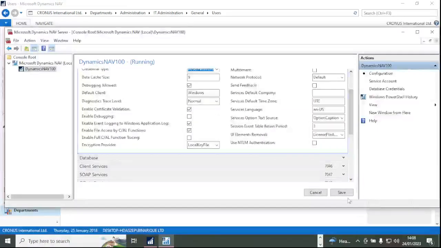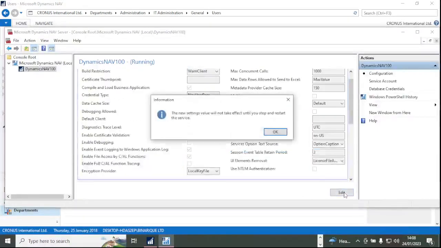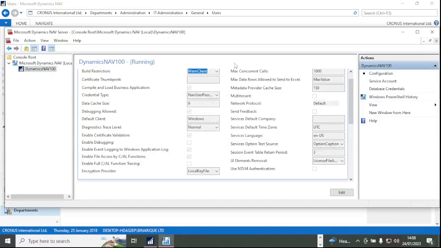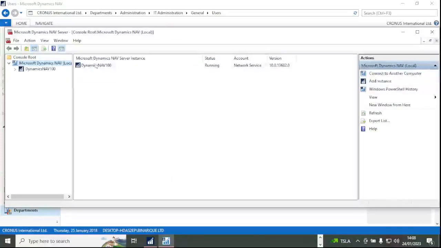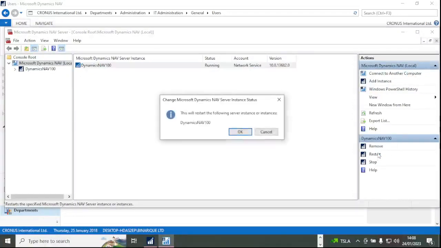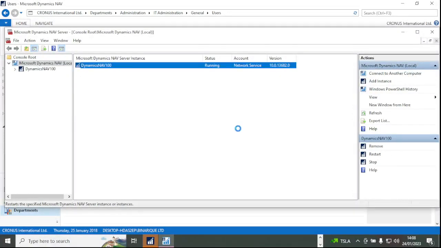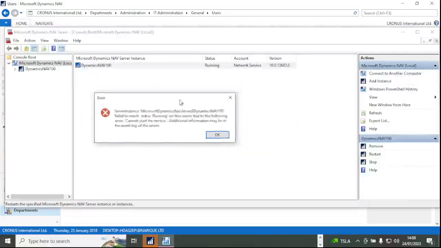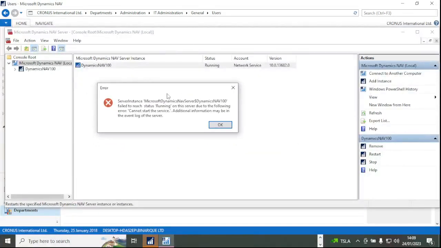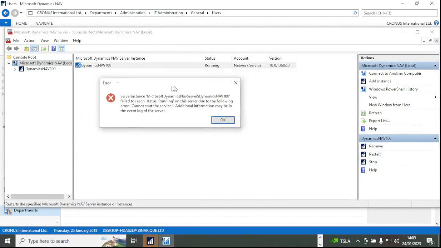So after changing this, we click save. This will require restarting the service. So let's do that. Let's restart. As you can see, if we restart, we get this error. What this error means is that